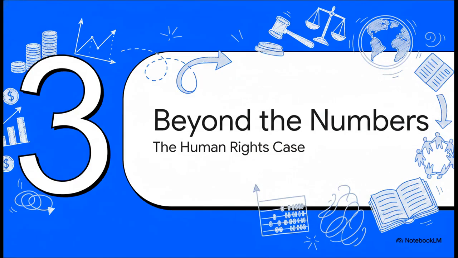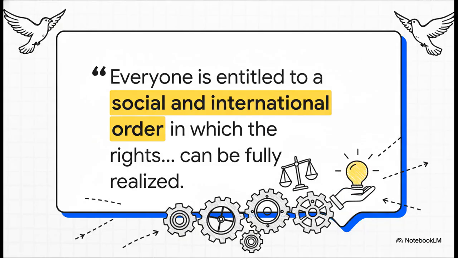Okay, so the next move in this argument is a big one. They shift gears from budgets and spreadsheets and start talking about international law. This is where they really try to elevate the stakes of the whole debate. And how do they make that pivot? Well, they bring in the big guns. Article 28 of the Universal Declaration of Human Rights. By quoting this, they're attempting to reframe the entire conversation. The suggestion is that these alleged fiscal decisions aren't just poor policy choices, but an actual failure to uphold a